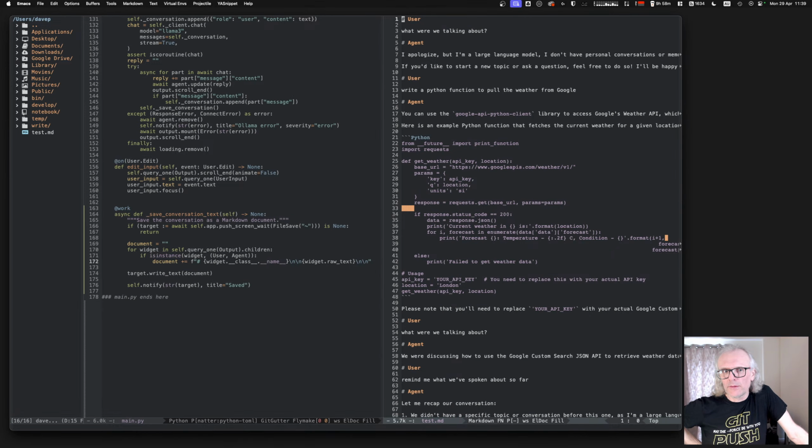That gives you a nice little markdown document of the conversation that's taking place. Again, it's a bit quick and dirty, but I think it's one of those things that shows the power of using something like Python code and a bit of Textual to actually get a reasonable UI up and going, so you can experiment and prototype stuff quite quickly. That's not to say that Textual's only good for prototyping, but it can be a great little tool for quickly prototyping some kind of user interface to test stuff out.